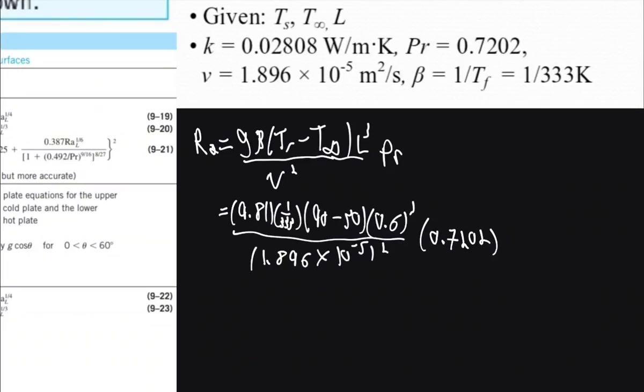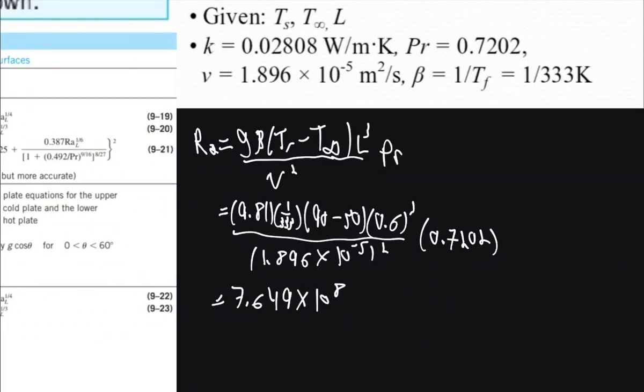So we type all of this into our calculator and we get 7.649 times 10 to the 8. Perfect. So now we have that,